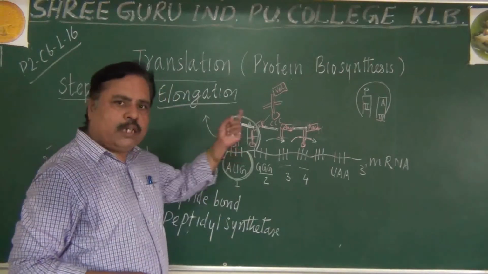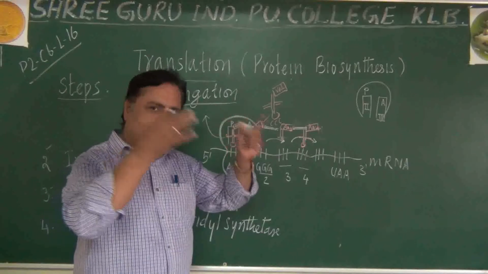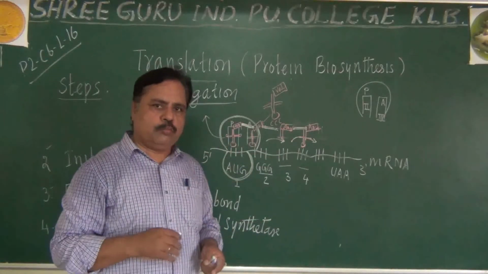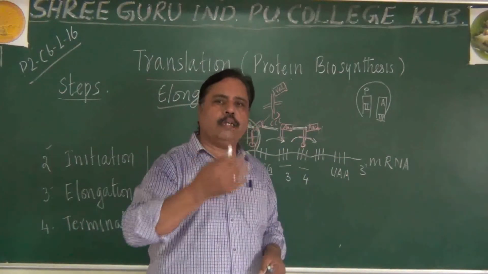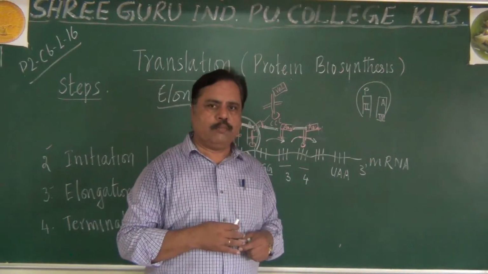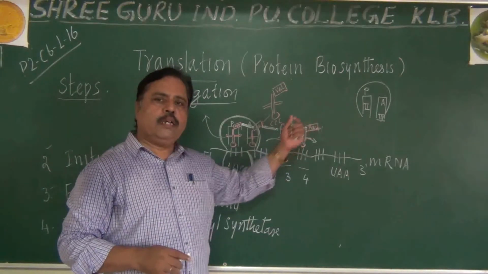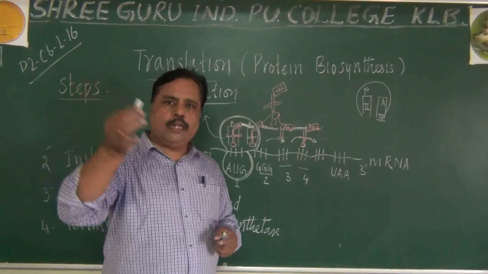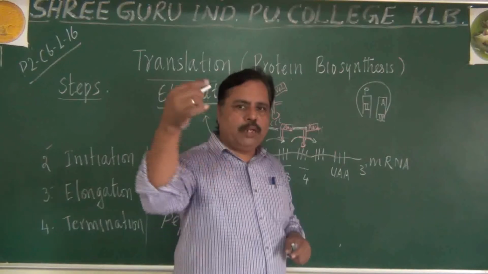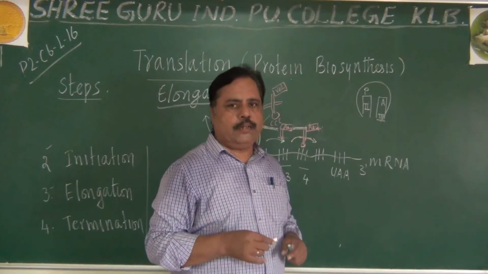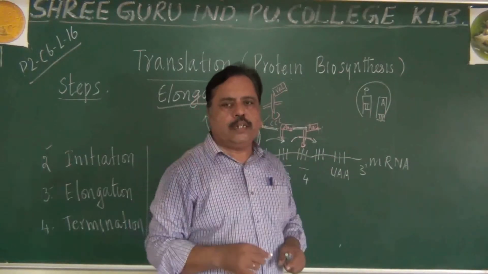The third tRNA will leave the place. Like this, one tRNA will unload its amino acid and leave the ribosome. A new tRNA will enter the ribosome and bring the fourth amino acid like that. Every time one tRNA is leaving, another tRNA will be entering. The tRNA entering will be in the site called the A site. That is the entry point for the raw material or tRNA. This is called the A, amino acid entry site.